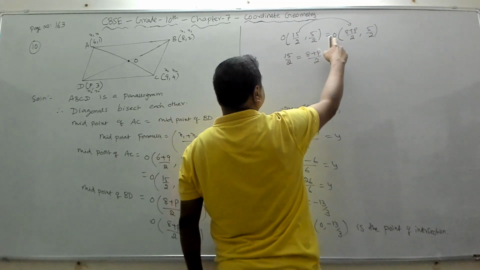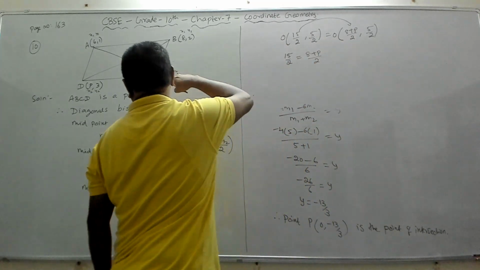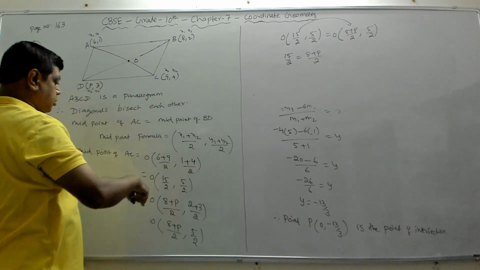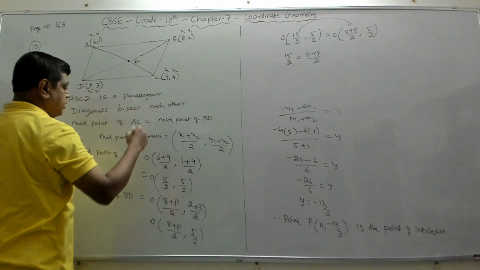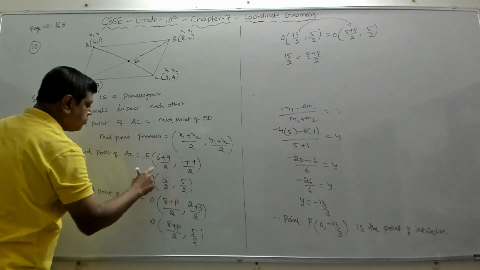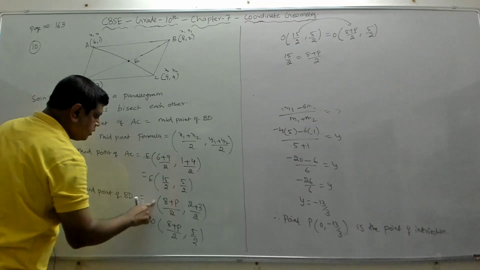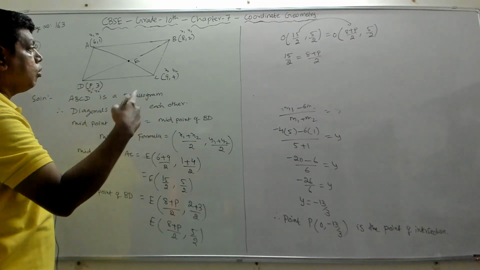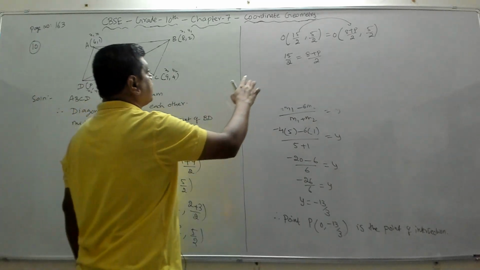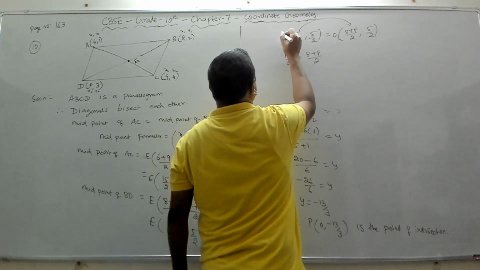So don't think of this as 0, it is O. I could have used the letter E also. Suppose if O is confusing, we can make it E. We'll put E, so this will become E of, E of, E of. Otherwise you may think this is 0 and you may get confused. So I'm changing O to E.